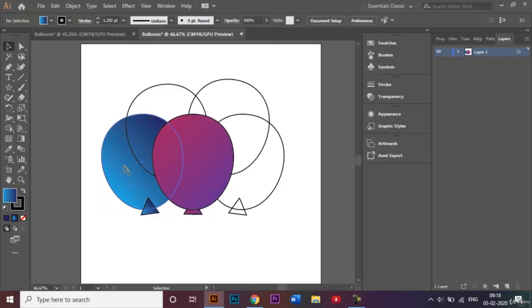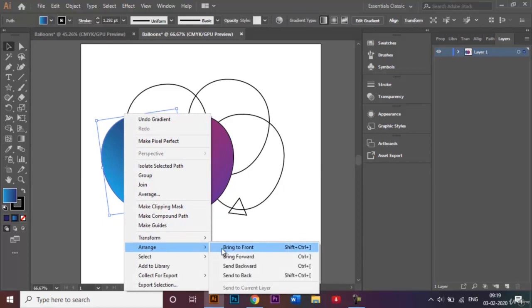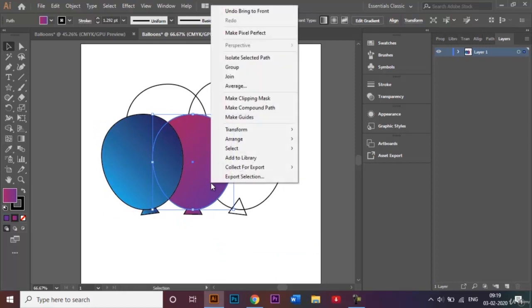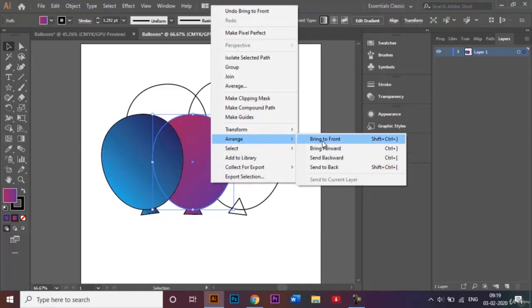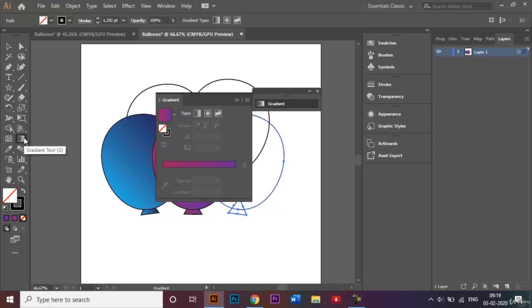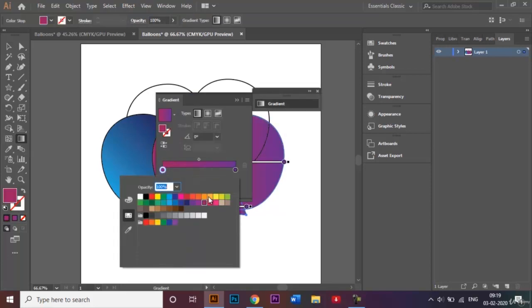Now similarly, I'll select this body first, body of the balloon, right click, go to arrange and say bring to front. I'll actually bring this, the middle one, in front like that. I'll select this one and repeat the process. Go to gradient and choose a different color. I'll choose yellow